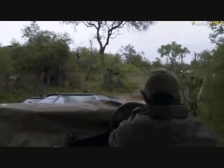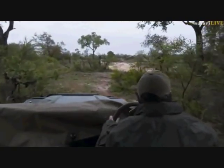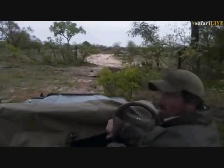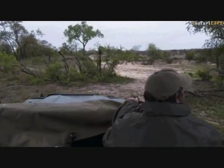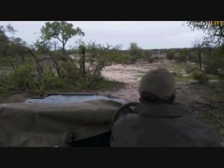Come on, little bird. Stay out in the open for me so I can see you. Birding with a vehicle is never easy, because unfortunately the vehicle makes a lot of noise and birds then tend to fly away. Come on, where are you? Grey-headed...